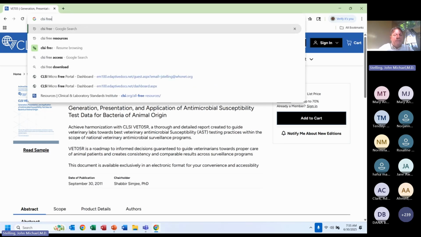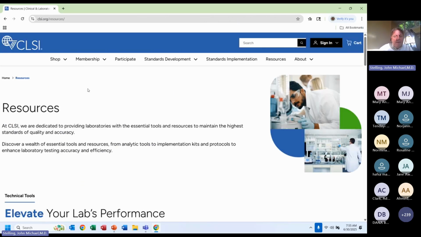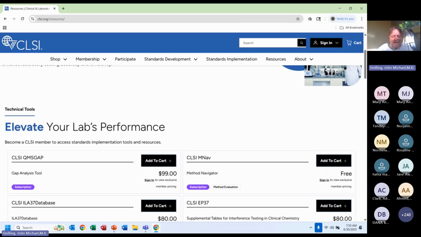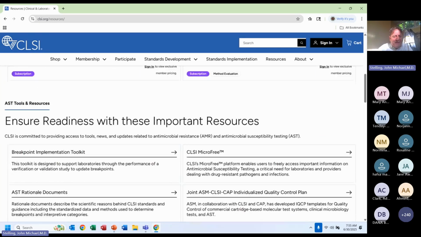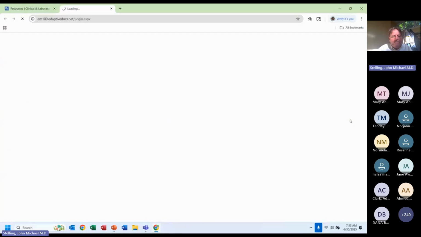I'm going to go to CLSI free. I'm doing a search at the top, CLSI free. I've been showing this for over 10 years, but they recently significantly reorganized it. So I'm going to show that. Resources, CLSI. And where is it? It took me a while to find it. It's down here, CLSI micro free. So that's one change, the landing page has changed. So if I click on CLSI micro free and I click on this arrow,